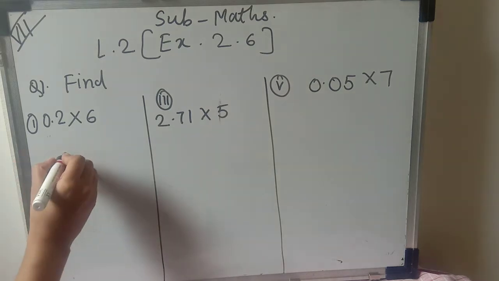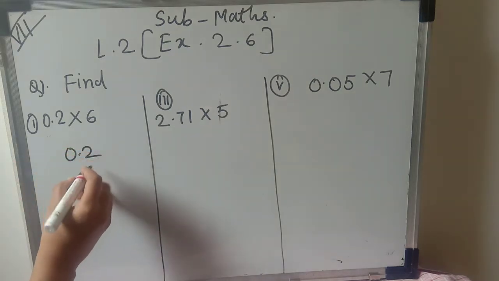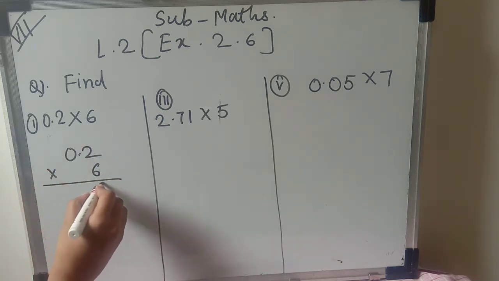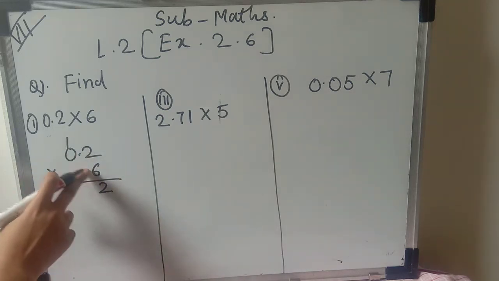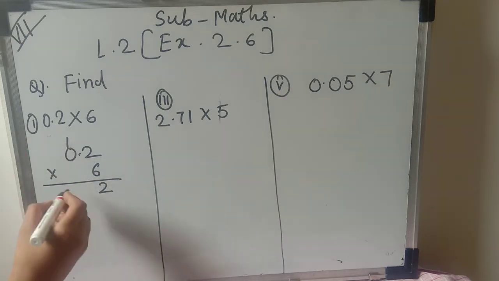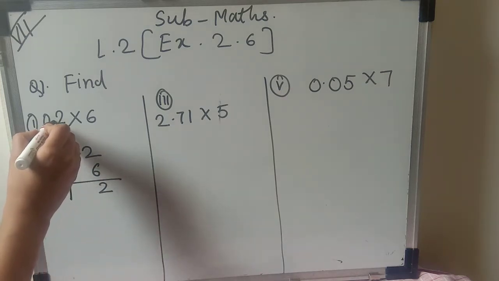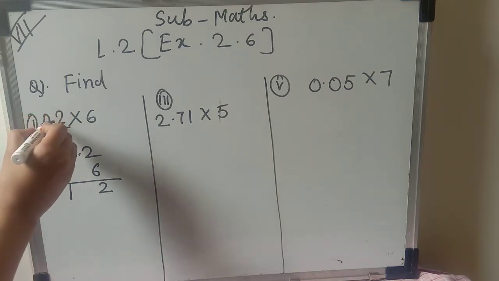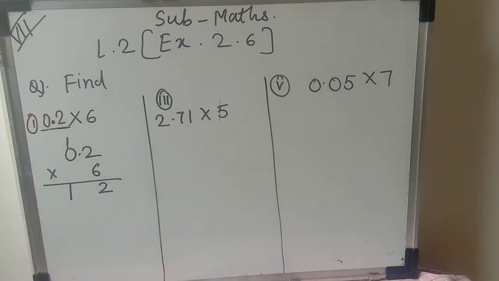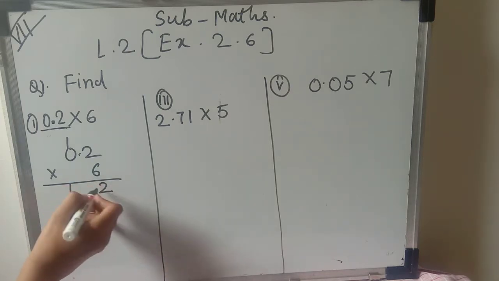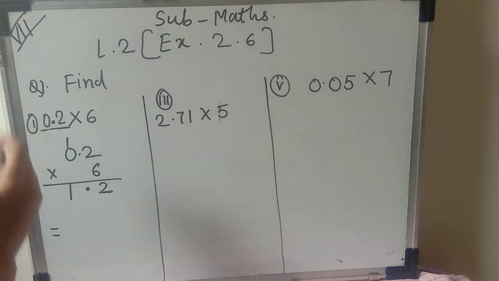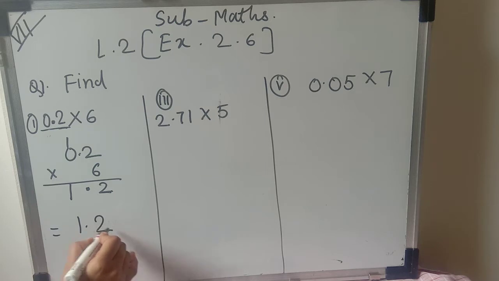It is very easy. So write 0.2 multiplied by 6. 6 twos are 12, 1 you have to carry. 6 zeros are 0, 0 plus 1, 1. In the example, after the decimal, how many places are there? That is 1. So from the right side, count 1 digit and then put the decimal. So here we got the product of 1 decimal and 1 whole number, that is 1.2.